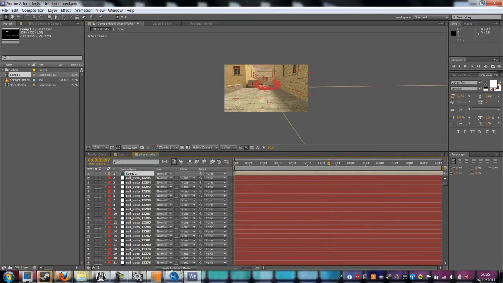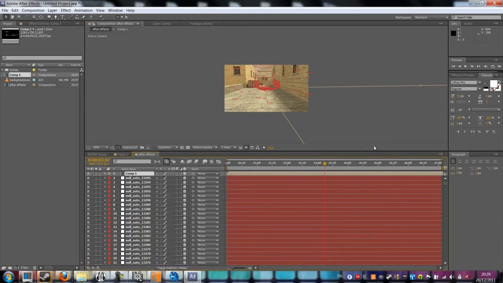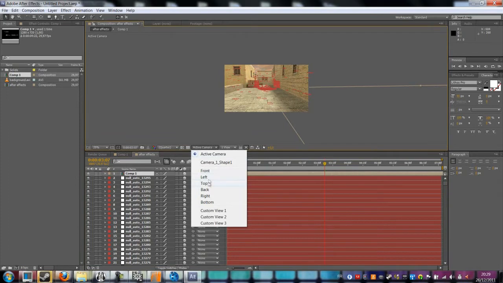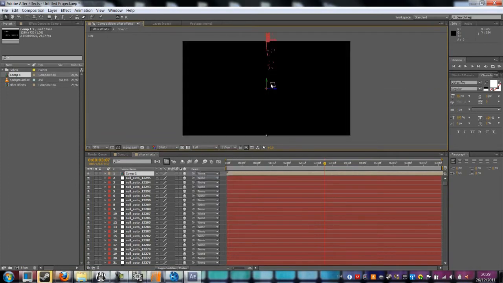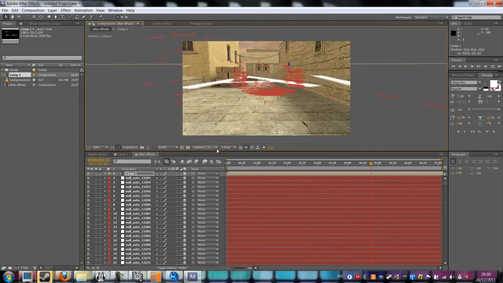Now you need to tick the cube. So the cube means the 3D. Your comp will maybe disappear, but it's not really magic. You will see why. You just need to find it again. So just search for it. Help yourself with the left view and top view like me. Then when you are done, come back to the active camera view. Then you will be able to move your comp.